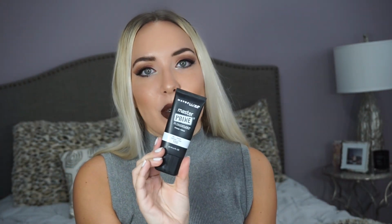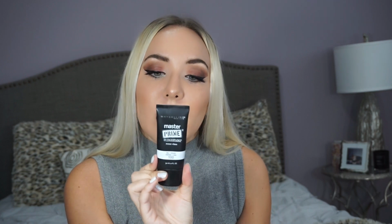Okay, so I'm going to go in the order of how I apply my makeup. First things first, my favorite primer has to be the Maybelline Master Prime. Now, I use the Blur and Smooth one. I also have the Blur and Illuminate, and I do really like that one, but this is just a primer